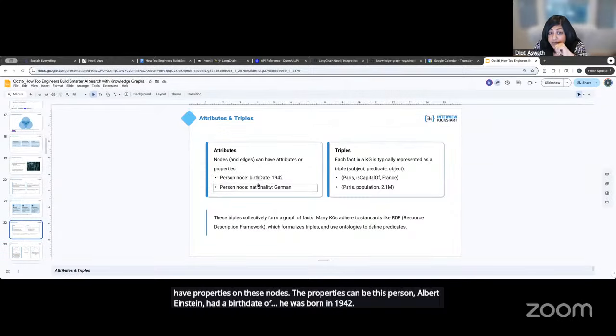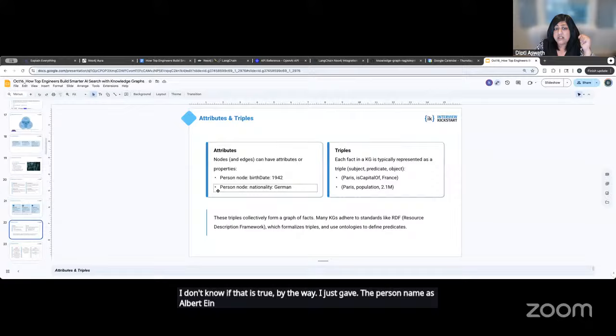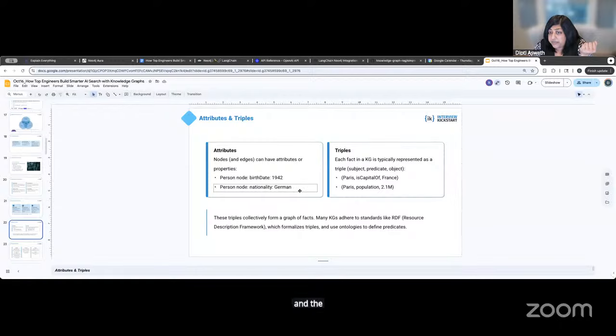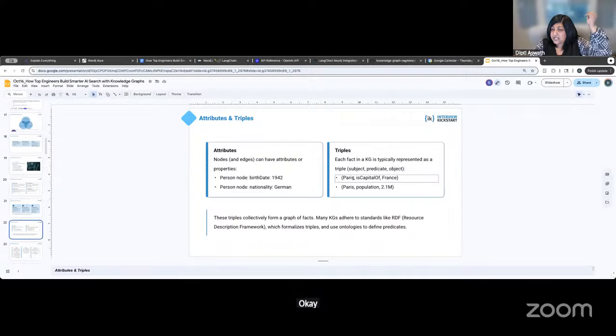I don't know if that is true, by the way. I just gave the person name as Albert Einstein, and the nationality is German. Okay. And if you think about these relationships, you'll see that it is actually a triple. It has a subject. Paris is the subject. France is the object. What is the predicate? It's capital of, right? So the relationship is